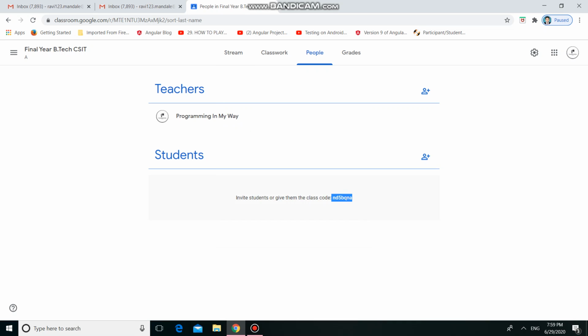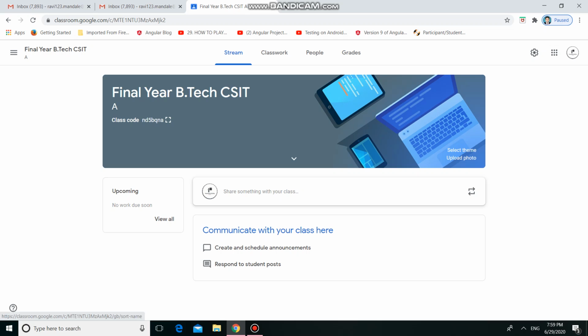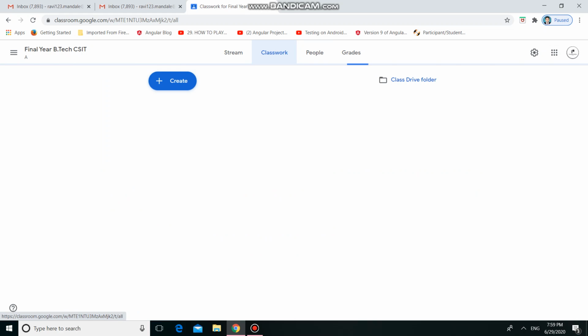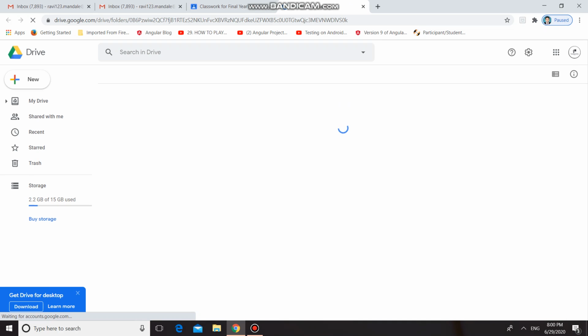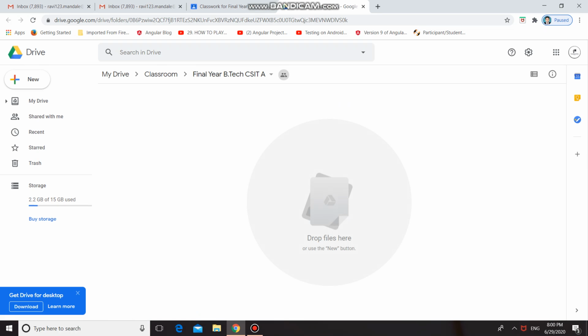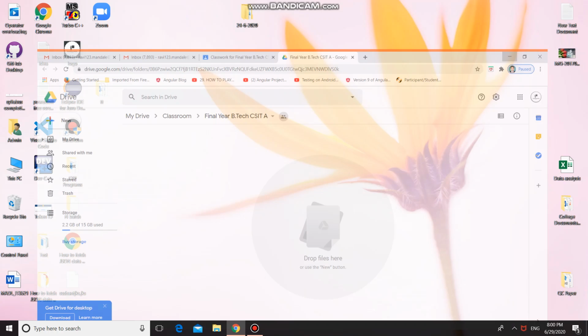Now the next step is how to add the resources. Click on the Classroom link, and here you can get the class drive folder. In this drive you can drag and drop all your notes.